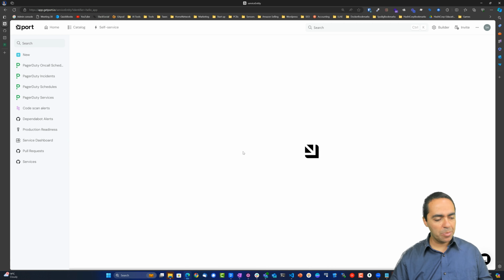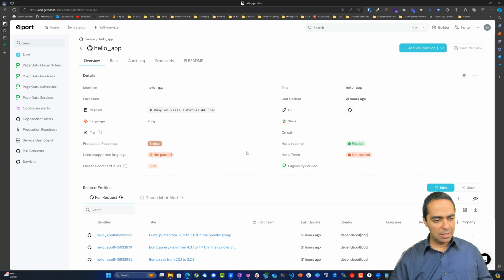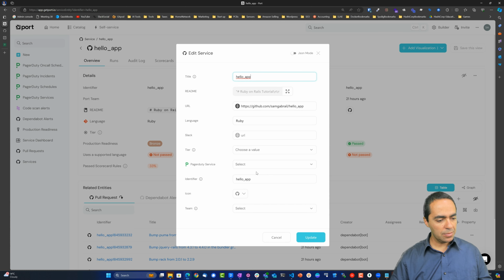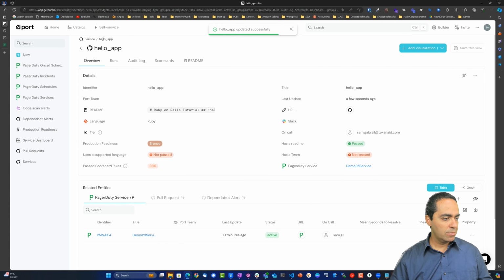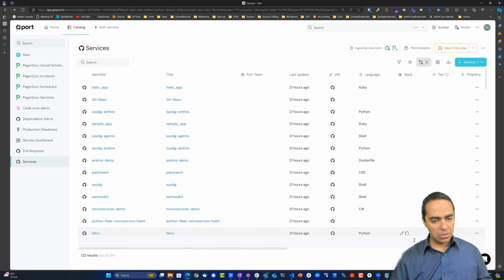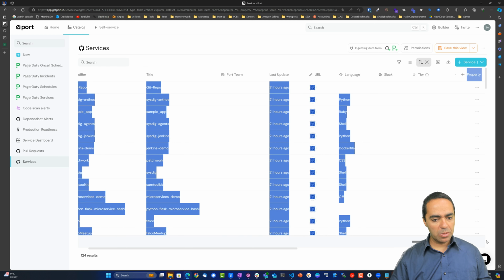So if this Hello app here, I go in and decide to fill out that particular property, I can do that. So under PagerDuty service, I can edit this. And I can tie this to this particular PagerDuty service. So I can always do this manually. But what we're trying to do is tie in the same names for the services so we don't have to do this manually. So now if I go back here and I look at my PagerDuty service,